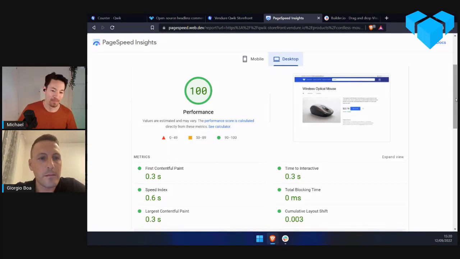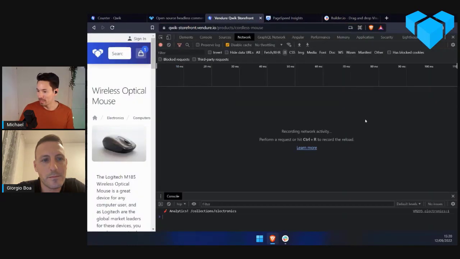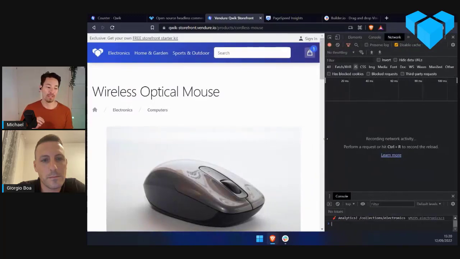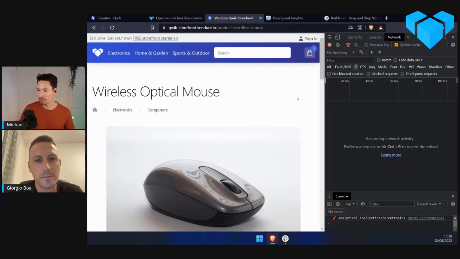So I wanted to jump into the network tab as well, because what we saw before about how we defer the loading of JavaScript until interaction is interesting in this case. For example, we have a shopping cart up here, and this shopping cart is its own component. It has a bunch of logic associated with it, like how to increment, decrement, or delete something from the cart. There's a little bit to it. So presumably this doesn't have to be loaded when we load our page, right? Yeah. So if I click on it, let's see what happens.